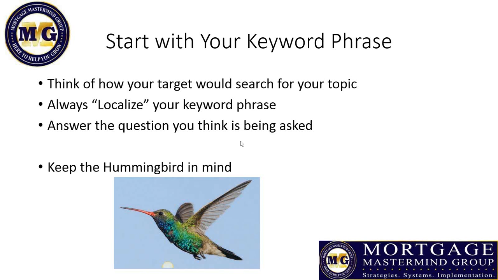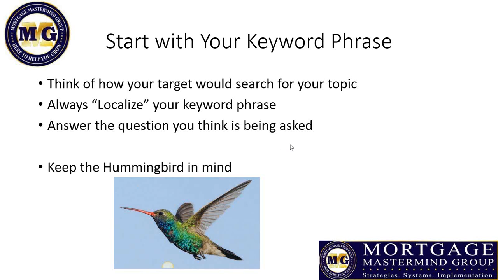And so what you've got to do is think of all the different ways that somebody looking for a service that you've got, whether it be a VA loan or a reverse mortgage or an FHA 203K loan or a first-time home buyer, would be searching. Think of the questions that somebody in that position would ask Google and then answer that question. That's how your results become relevant to those questions. And keep in mind the way Hummingbird works.